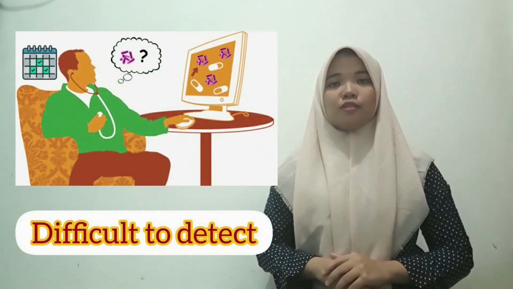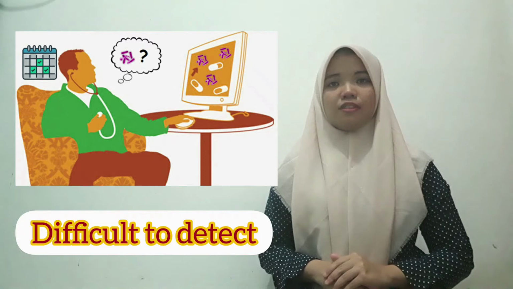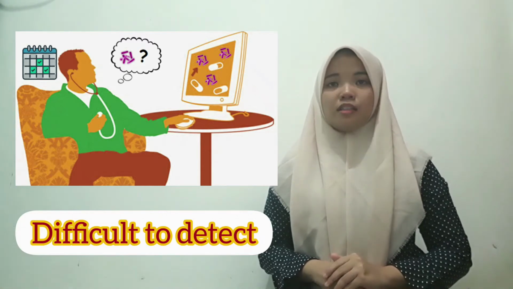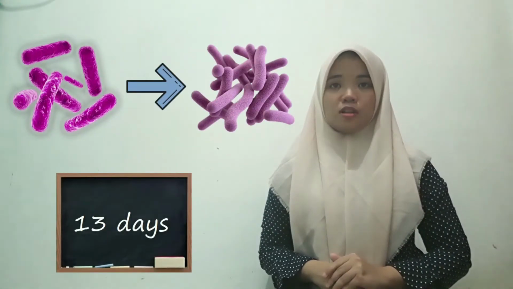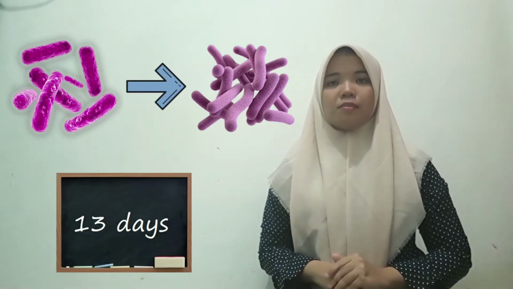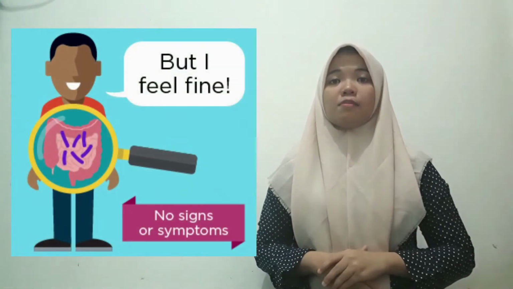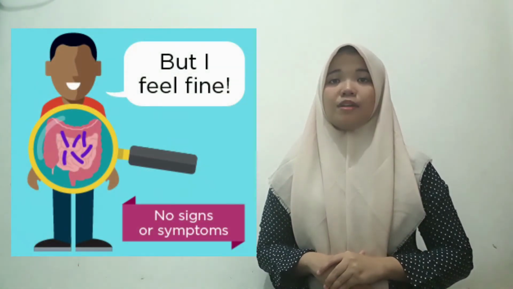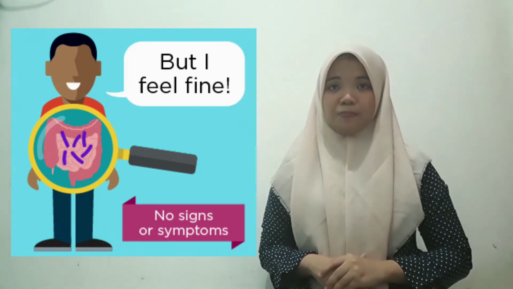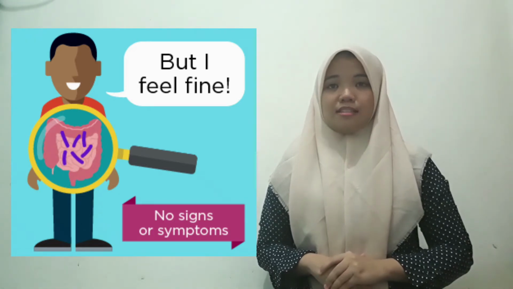Leprosy is difficult to detect in the early stages of the disease because Mycobacterium leprae multiplies very slowly. It divides approximately once every 13 days. Most people who have leprosy do not develop symptoms for at least a year after being infected by the bacteria. In most cases, the incubation period of leprosy is about 5 years, and the symptoms can take as long as